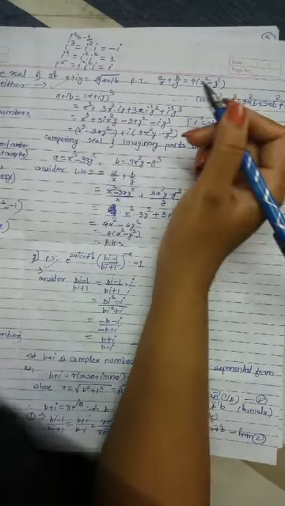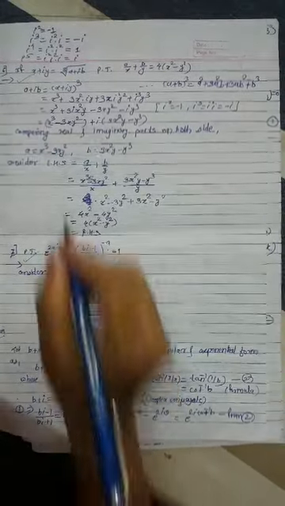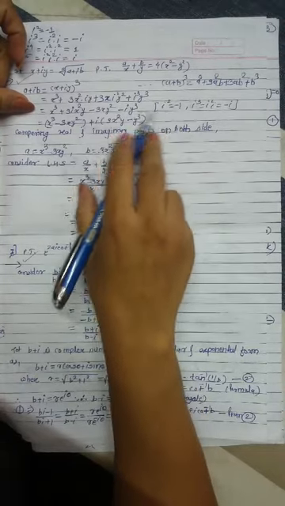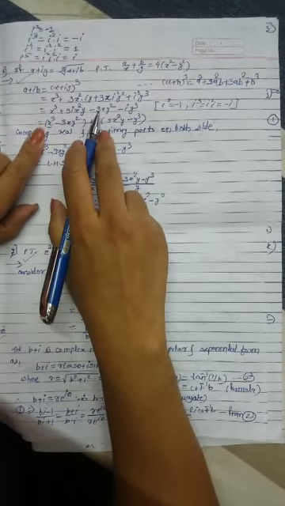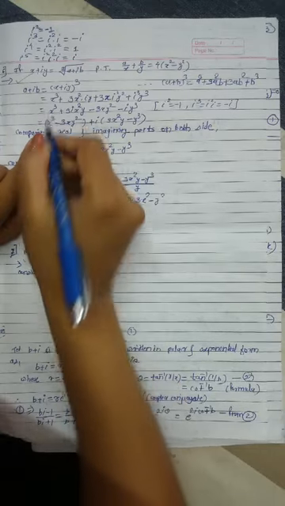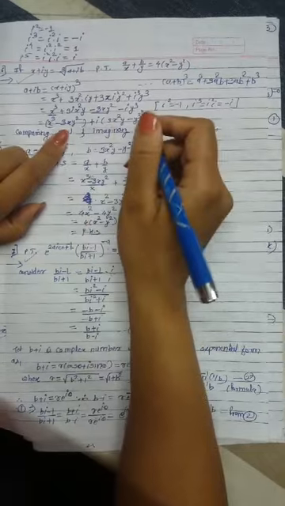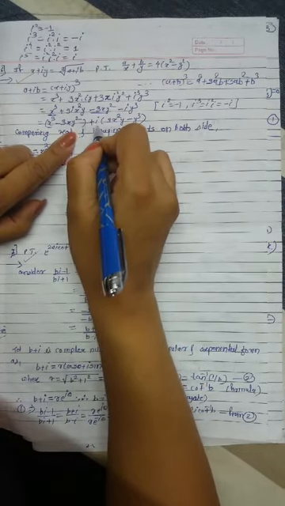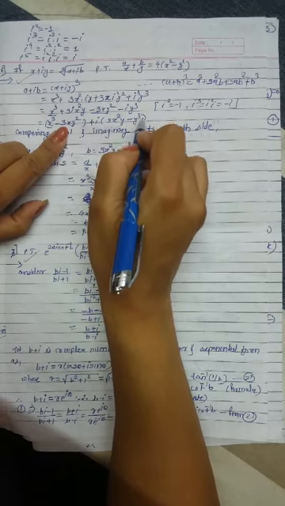Hello everyone. Now we continue from this example. Put these values of these i terms in this equation. We get, collect the real part, that is the non-i terms, that is x cube minus 3xy square, plus the remaining two terms containing i. Take the common i. The remaining terms become 3x square y minus y cube.